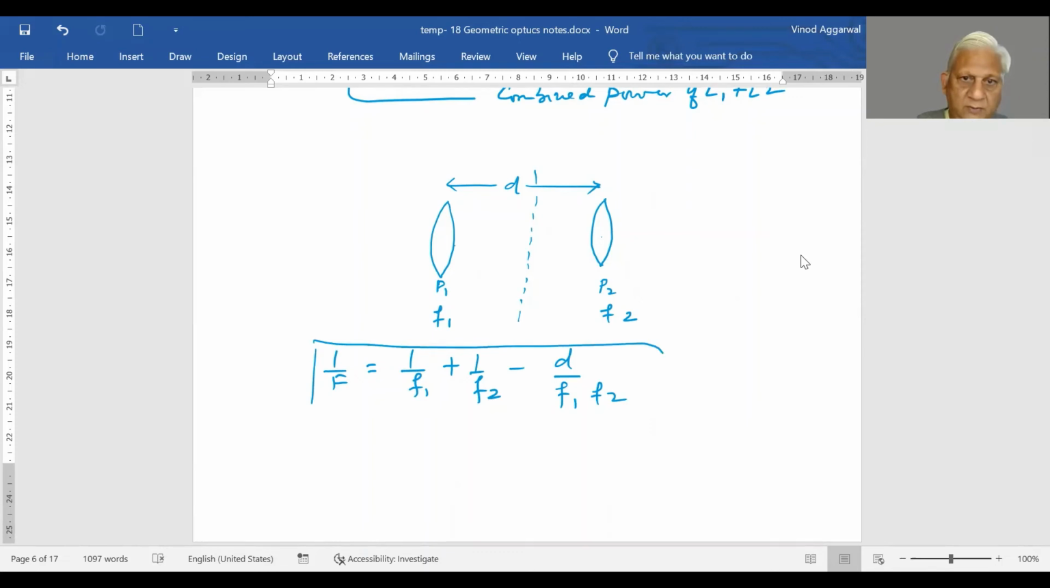This is the formula which gives the equivalent focal length. But where is the place for the equivalent lens? Let's say the equivalent lens looks to be here. Then this distance z is defined as